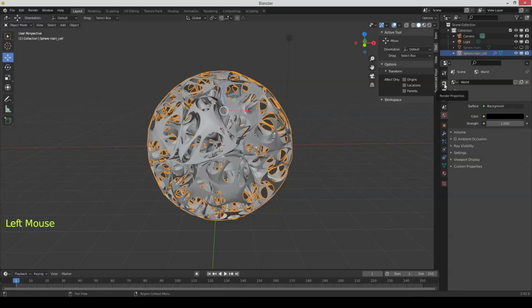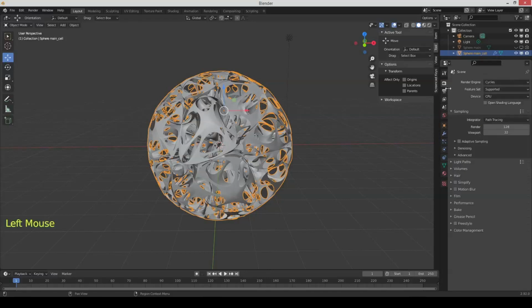Also go back to render properties, and under sampling you can see denoising. So select the render denoising,